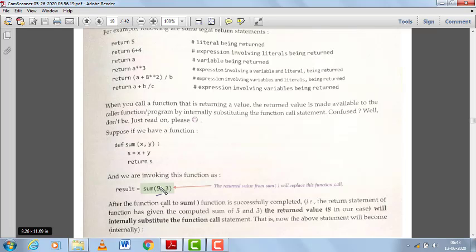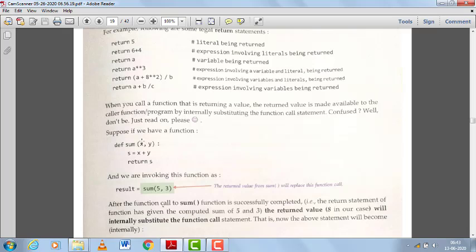We have discussed calling of the function. It can be of two types. It can be by a default argument or by a sequence, that is, passing values by a sequence. Okay, sum(5, 3). Now here, according to their sequence, the first argument goes to the first parameter and the second argument will be received by the second parameter.